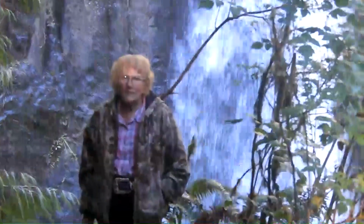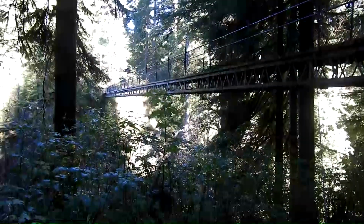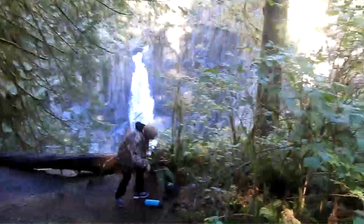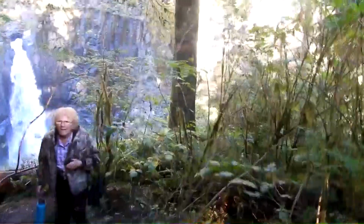Because I guess if you're not used to that kind of heights, there's not much under you but just a little bridge. I guess it could be plenty scary. But if you have confidence that the bridge isn't going to go down, you can just hang on to the rail and cross. Marge and I sat on a rock right below the waterfalls, and someone very nicely offered to